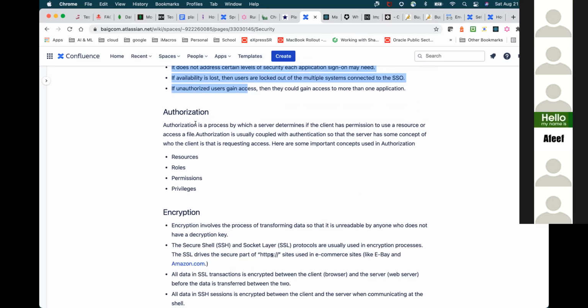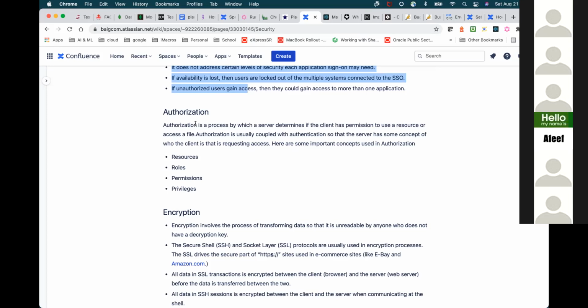So authentication is, like Rafa mentioned earlier, when you're signing in, we just have to verify that it is basically you. So we are authenticating that you are who you say you are.